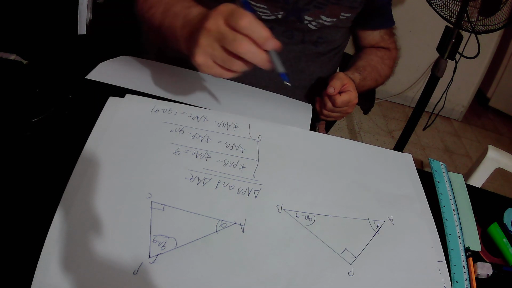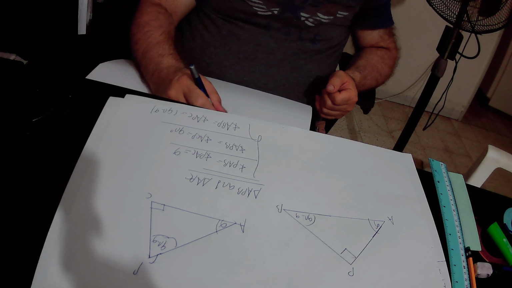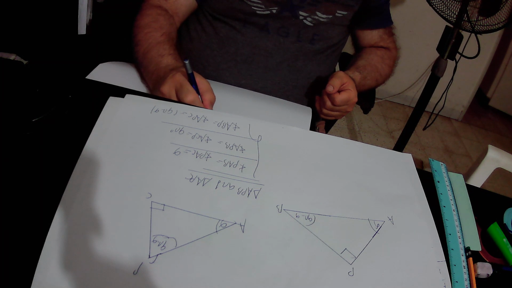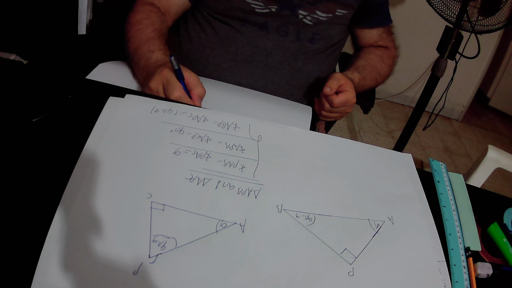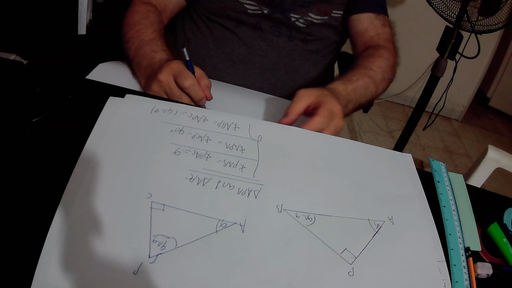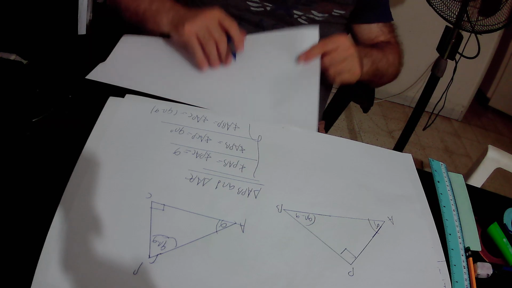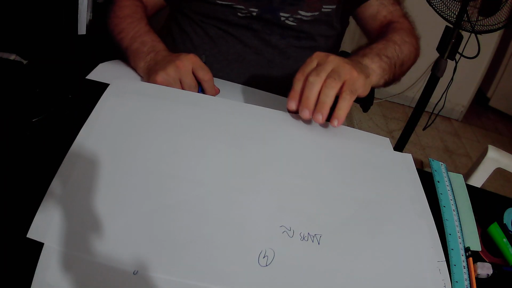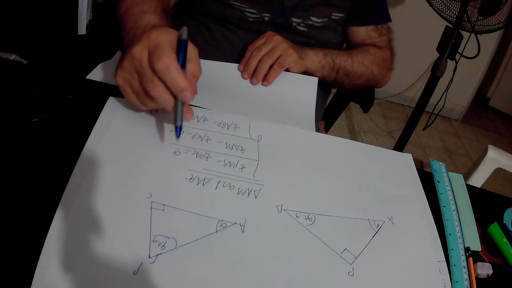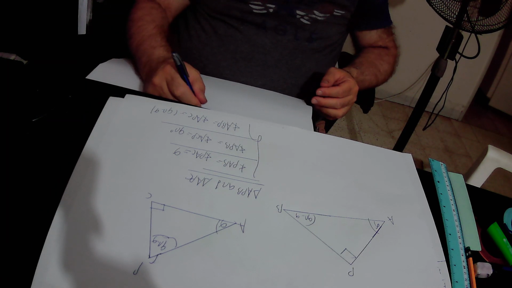This is triangle APB. So triangle APB is similar, this is the sign of similar, to this right triangle, triangle APC,